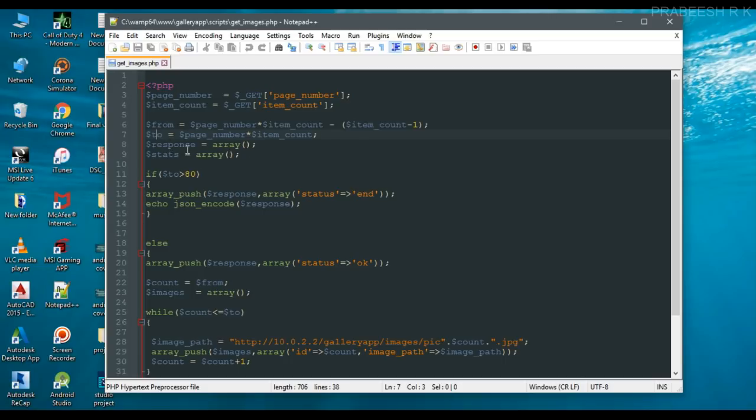Here I create a variable called response, which is an array, and here we have another variable, status, that is also an array. Sorry for the spelling mistake here. First, we have to perform a check, because if it is the last page, that means there is no more information available on the server, we have to inform the Android application that there is no more